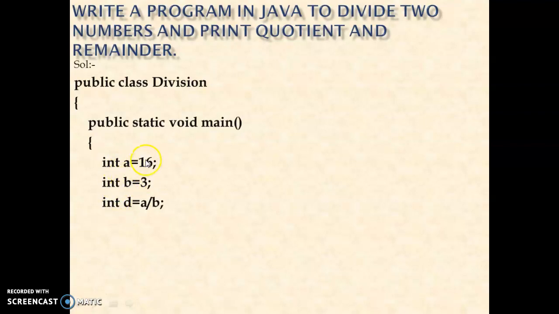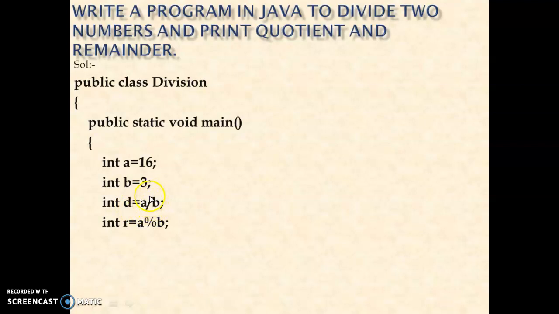Then I take a variable D, which is also integer type, because when we divide two integer variables, we get the answer as an integer. So this is also an integer type variable. I give name D as division, equal to, and for division you have to use this sign, A by B. This sign is the division sign, semicolon. So in A we have 16, divide by 3. So 3 5s are 15. So 5 comes here. This is how to get the quotient.